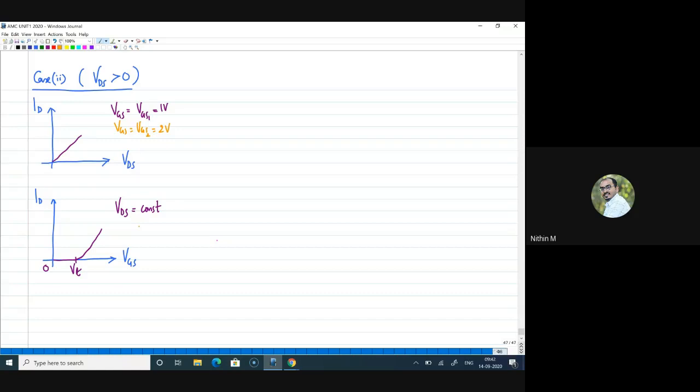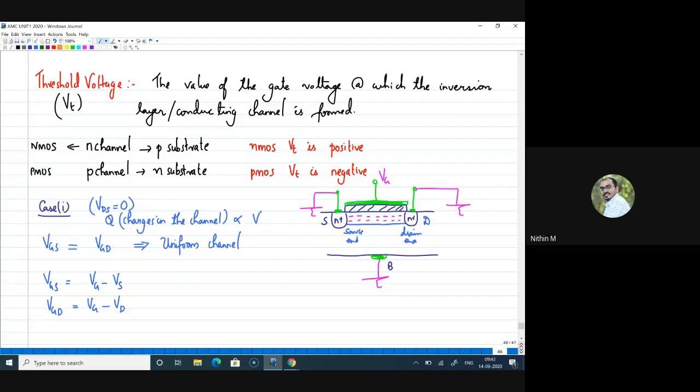Closer to y-axis. All right. So how will I understand that? Look at this. What I'm doing here is increasing my VGS. Say initially for a VGS value of 1, you have a channel. When you say you have a conducting channel, there will be some resistance offered by the channel.